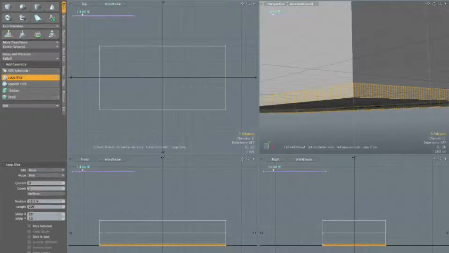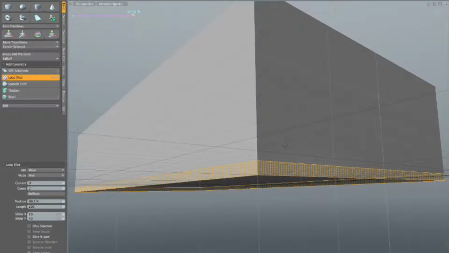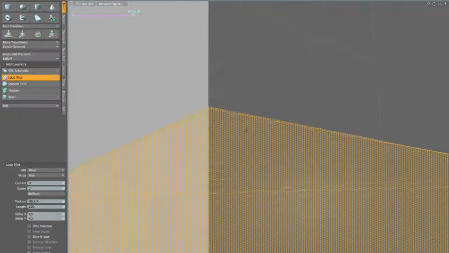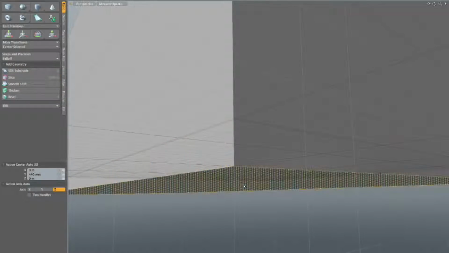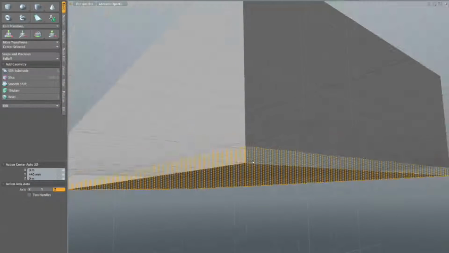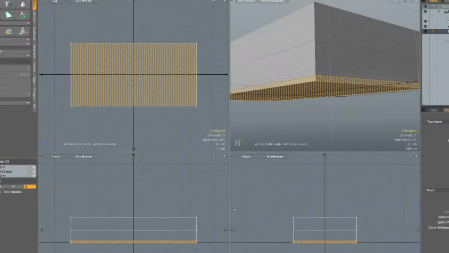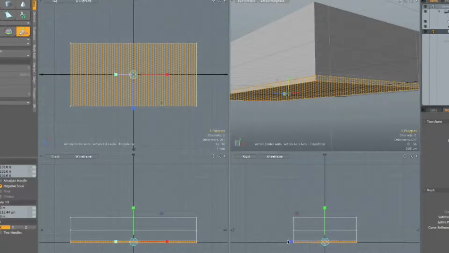So what we're going to do here is a little trick. We're going to add another loop slice, and we're going to bring it up as close to the top as we can. Let's maximize that view. So now you can see we've got this little thin line there. And now we can grab this and then shift up arrow to get the bottom edge. And now we can scale this in. So let's scale in, and we'll scale each view independently. So now I'm looking at the right view. I'll just bring it in, so we get a nice little right angle, and the same thing on the front view,